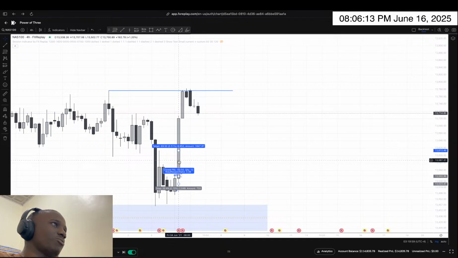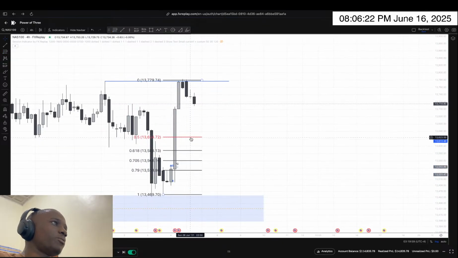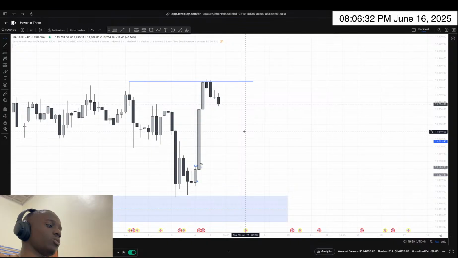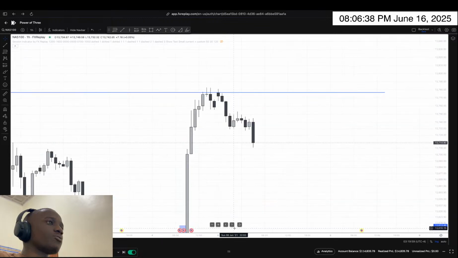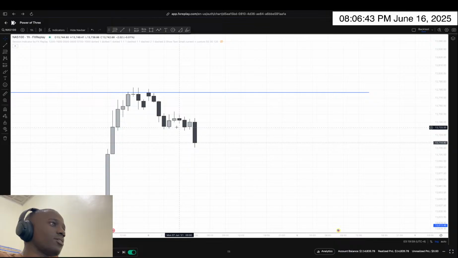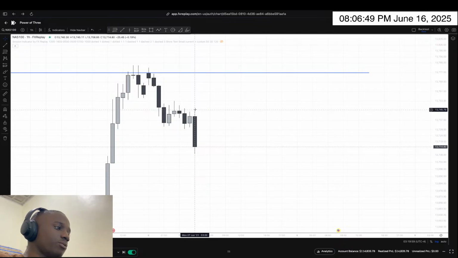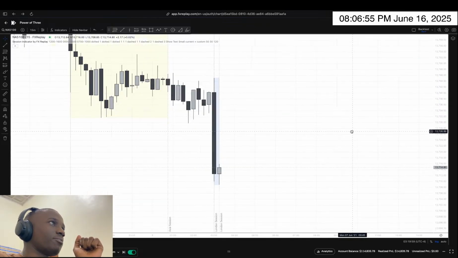Considering this huge price move caused by NFP and all that, you can see from this low to this high, we could drop, reach into equilibrium, and then reach into OTE here, and then start pushing higher accordingly. So today is Monday, and we're in the 4 hour. Now I'd like to go to the 1 hour. You can see so far that we took out the highs right there, and I think Asia is in this range. So maybe New York will take out the highs, give us a liquidity grab before we shift and go to the downside.